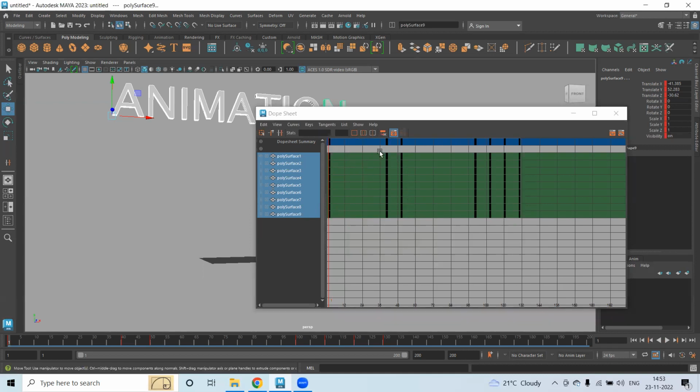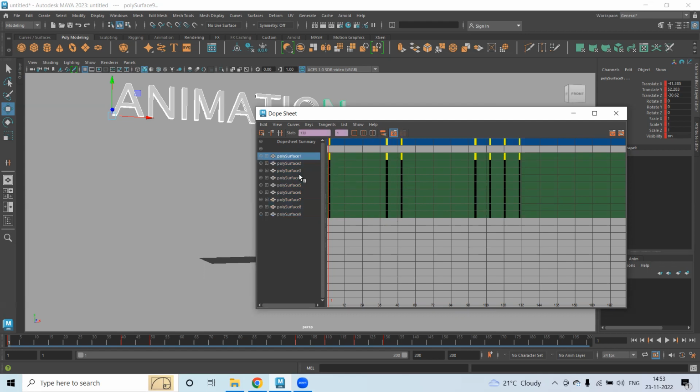We are in this tool. When you select this keyframe, you'll be able to see, okay, this is the 40th frame. I select this, this is the 50th frame. Select this, and you'll be able to see in what frame the surfaces, the objects, have been keyed. Okay. Now what I'll do,